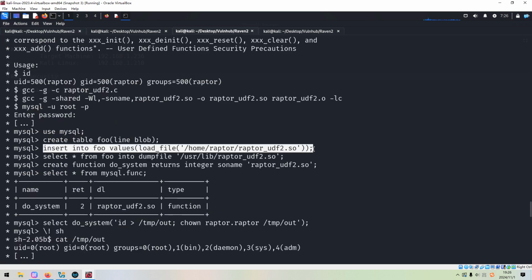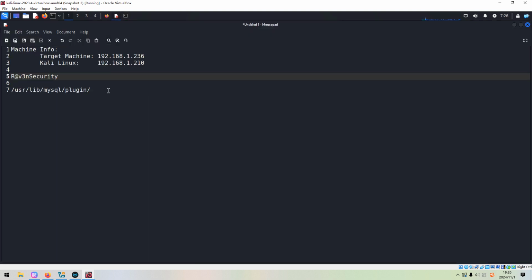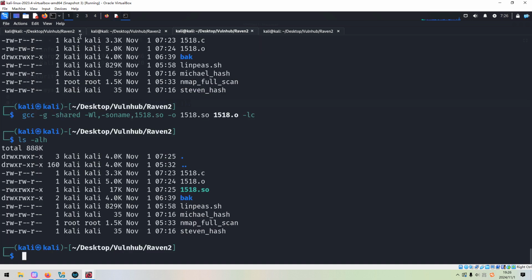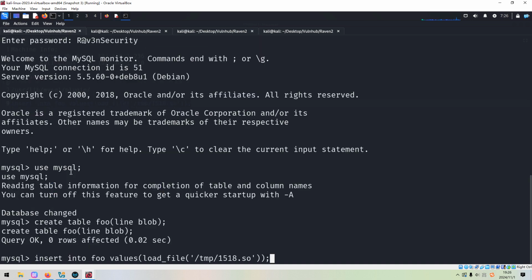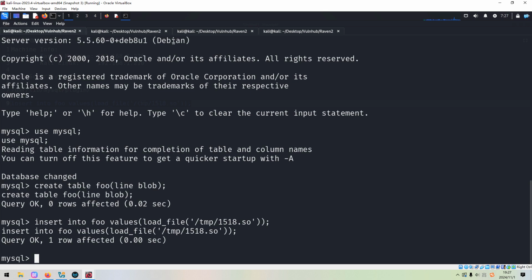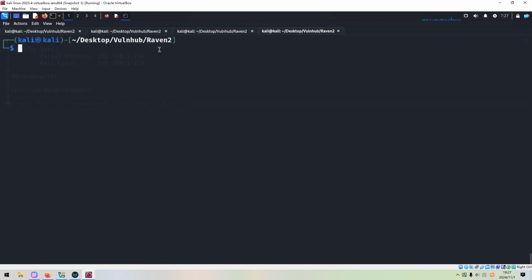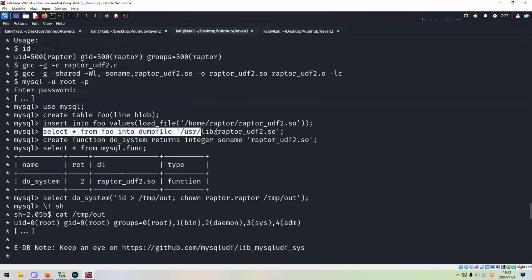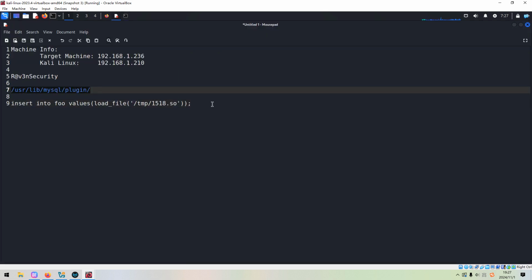Next, we can copy. Of course, we need to do some modification. The path should be different. Temp. And then we can copy this statement. No error. Next, we can select or dump file to this path.